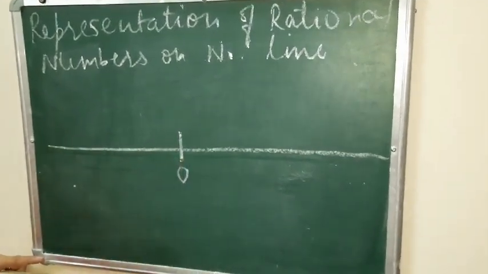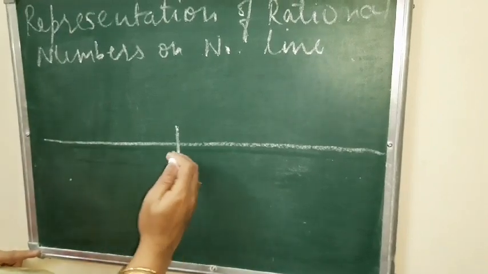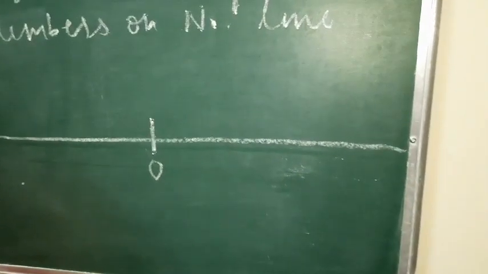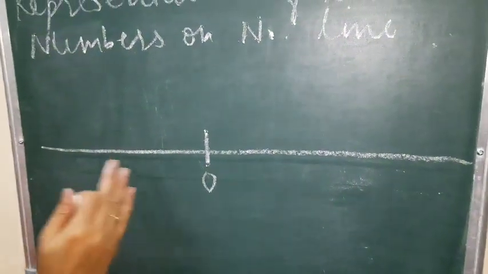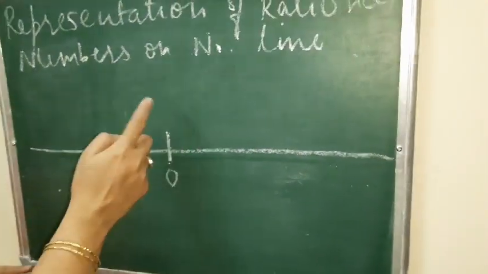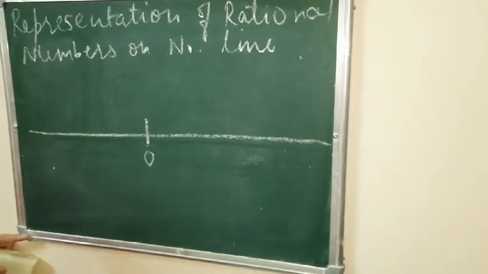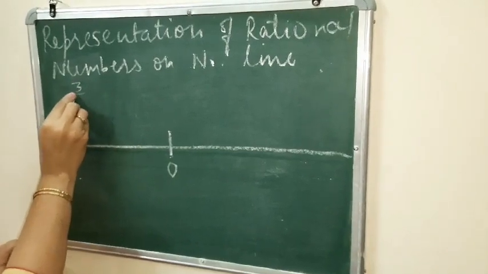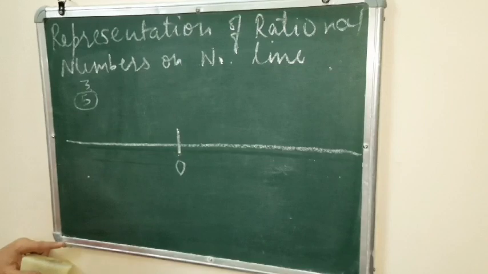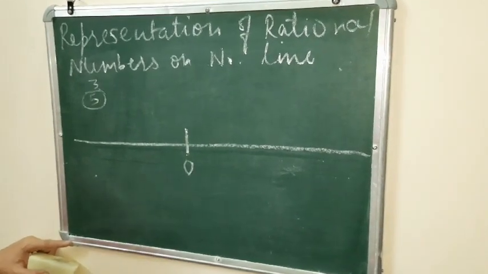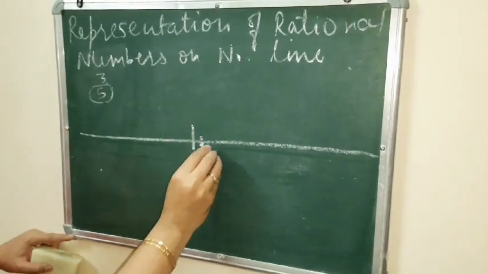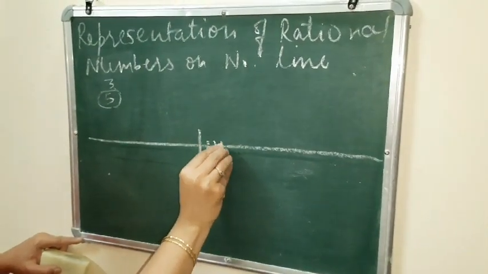At the center, there will be 0. On the right side of it, all the integers or numbers which you are taking, those are positive. On the left side of it, all the numbers which you are taking, those are negative. So whatever rational numbers you have to represent, suppose I have to represent 3 upon 5. Now in such questions, you just have to see what the denominator is. Whatever the denominator is, just mark those many lines. Now if the denominator is 5, small portions of these many.